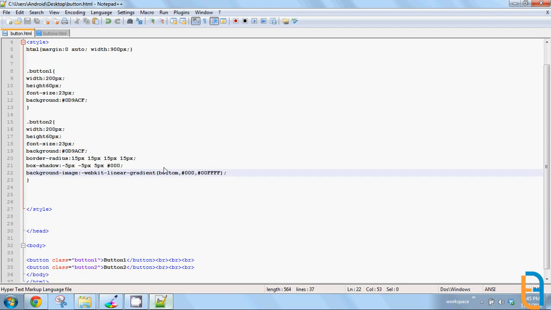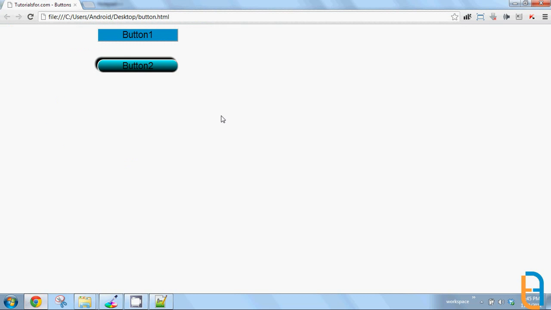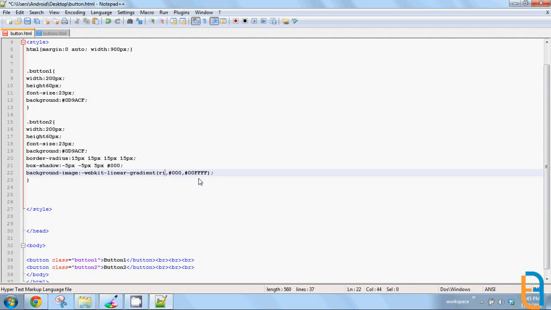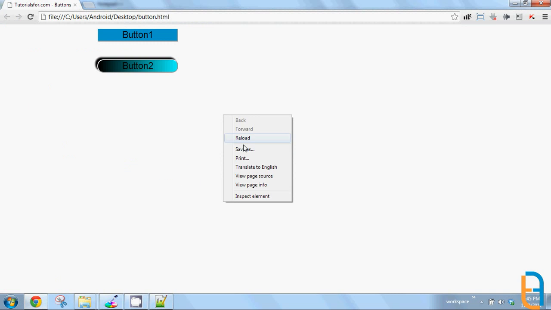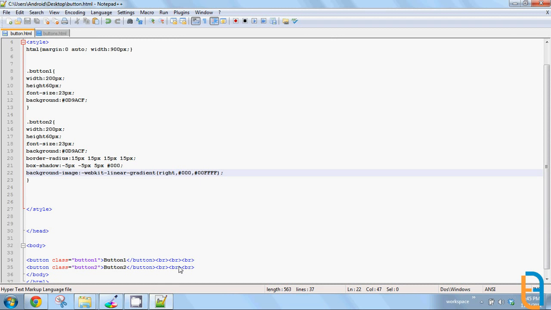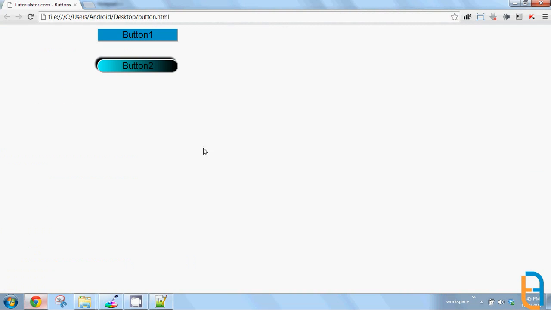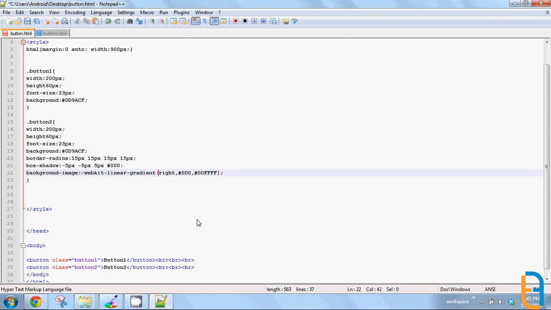So in the bottom, or if you want to give left, you can give left. If you want to give right, you can give right, or if you want to give top right, it's right. So you can see that, same thing. So you can give left, right, top, bottom, like that,